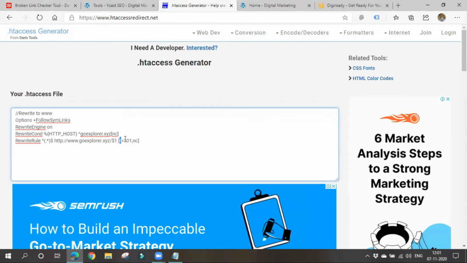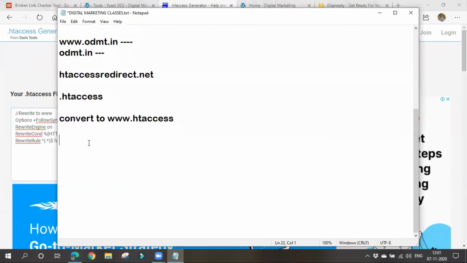R means redirection, and there are two types of redirections: R=301 and R=302. This 301 redirection is permanent, so once you choose 301, it will be for a lifetime.